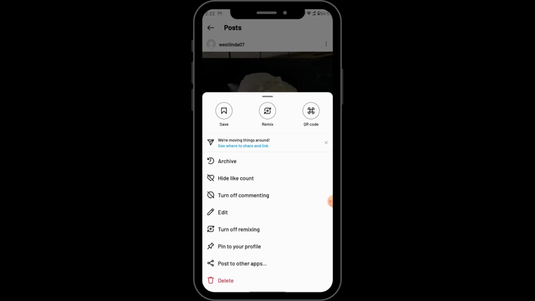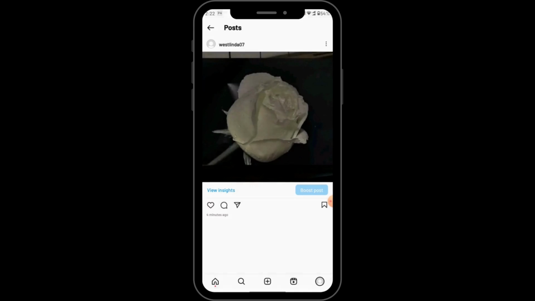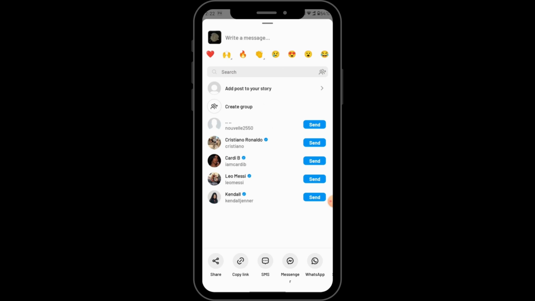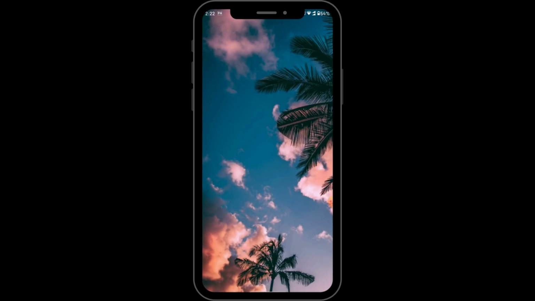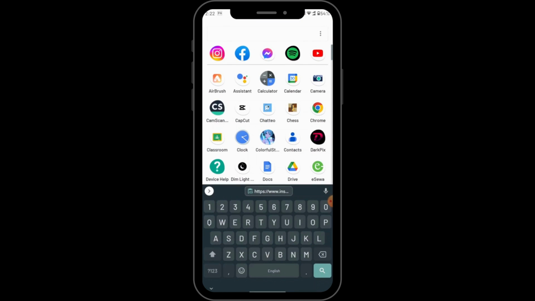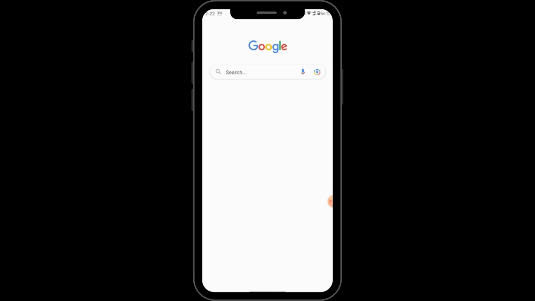don't find that option, you will see that we are moving things around. See where to share a link. Tap on that, and then here you will have option which says copy link. Tap on copy link, and now after copying your link, what you have to do is go to Google and